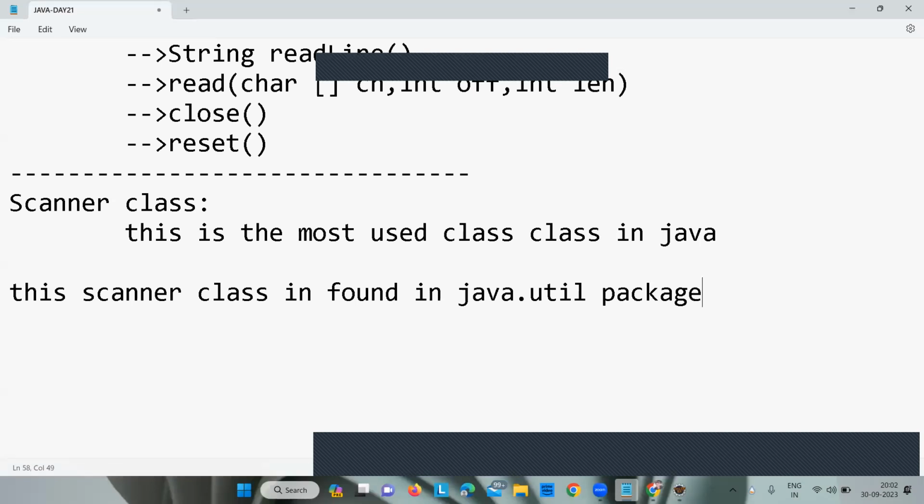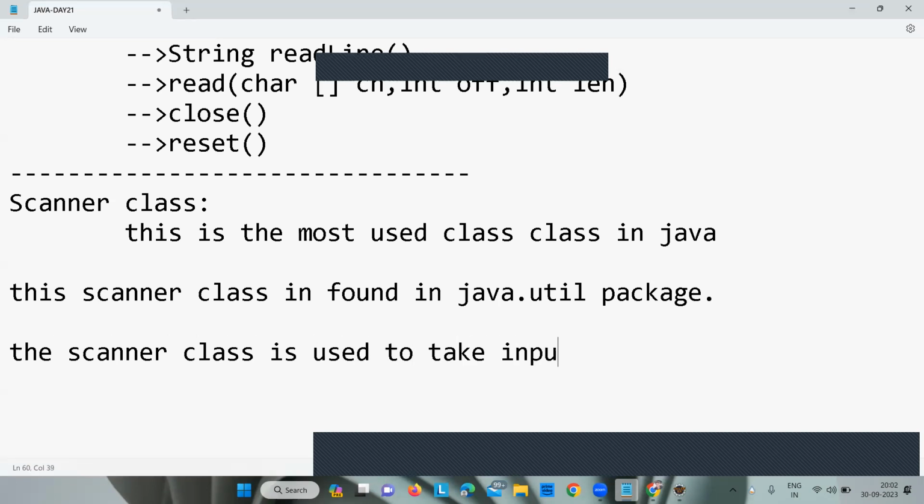The scanner class is found in java.util package. Why we use this scanner class is used to take input from the console. Okay,